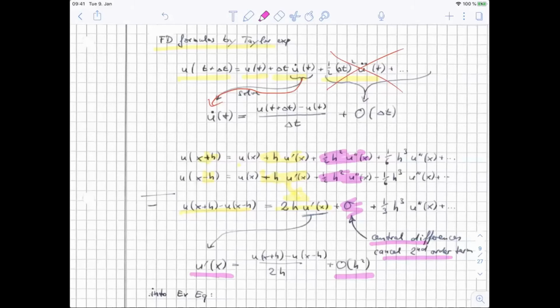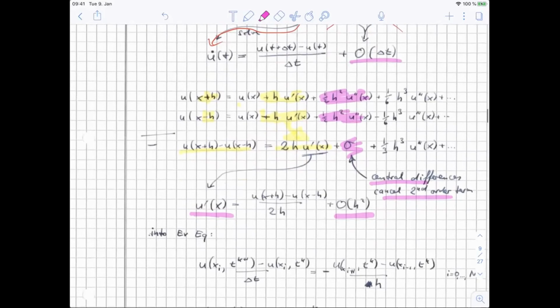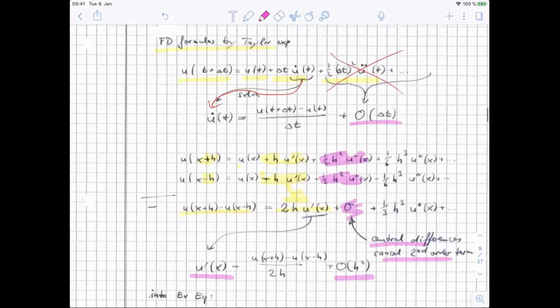In contrast, for time further up, I used one-sided finite differencing, the future time minus the current time, and therefore I'm getting a larger error for the time difference, of order delta t. So just some background of how these finite difference stencils can be computed. If I'm now plugging my approximations